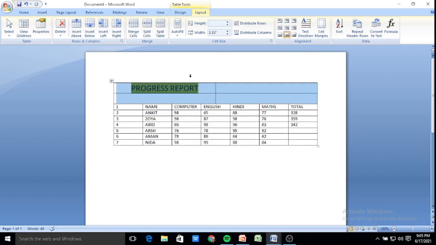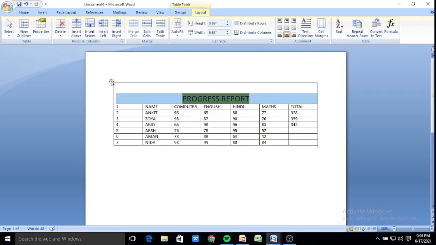Okay, now it is divided, it is not looking nice. Again, if you want to merge it, what you will do? Click on merge cells option. Now you can see the table is merged, that is, it is combined into one cell. So this is merging and splitting of cells. Splitting means to divide and merge means to combine. Okay, now let us come to our table.